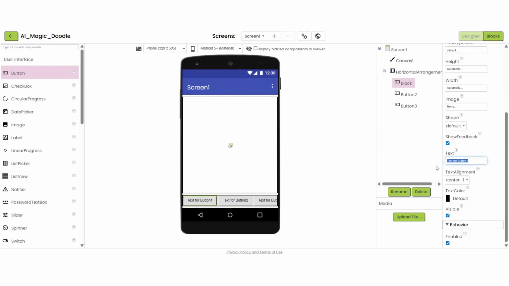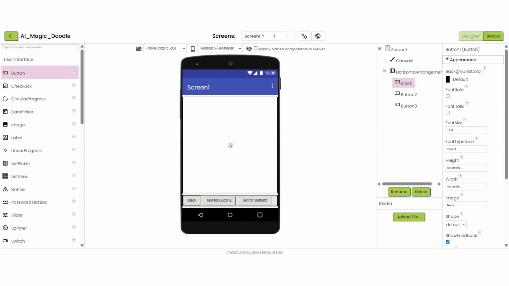In the text section also, I'll keep the text as black. Next, you can give it a color. I'll be giving it the color black because it's a black color.